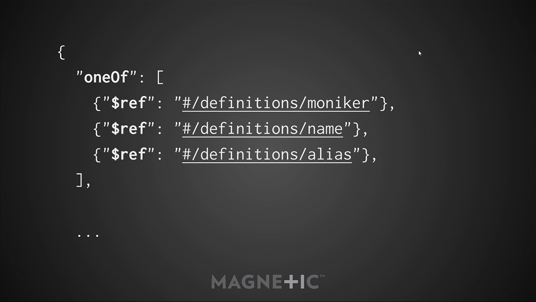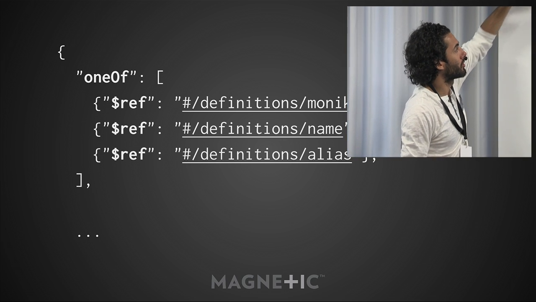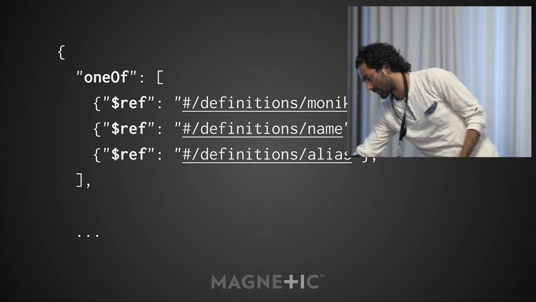I'm using some references here only to make this fit on two separate slides. The new thing here is this oneOf validator, which is an example of the higher order validators we were talking about before. Higher order validators are basically just ways of combining other validators. So the oneOf validator does exactly what it says. An instance is valid under oneOf if it validates against exactly one of the schemas in the array. I literally just translated what I just said into a schema: one of either a moniker, a name, or an alias. And now we can go off and define the schemas for those three things.